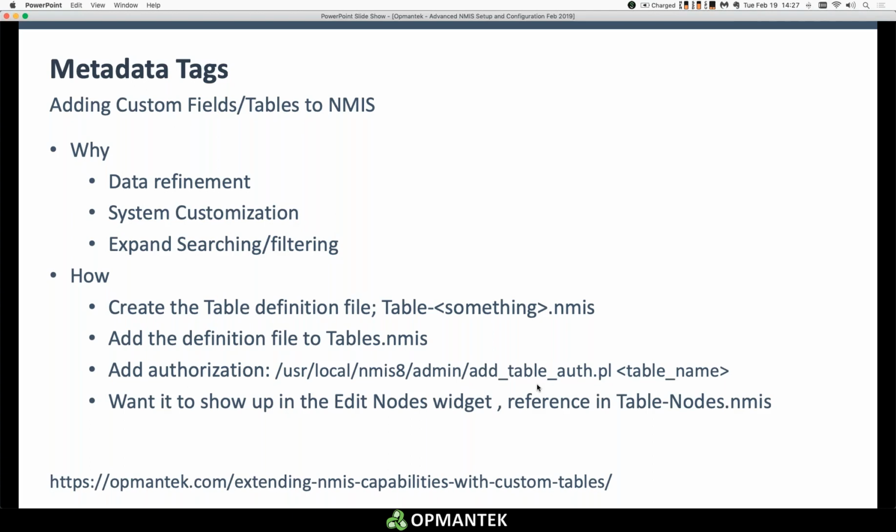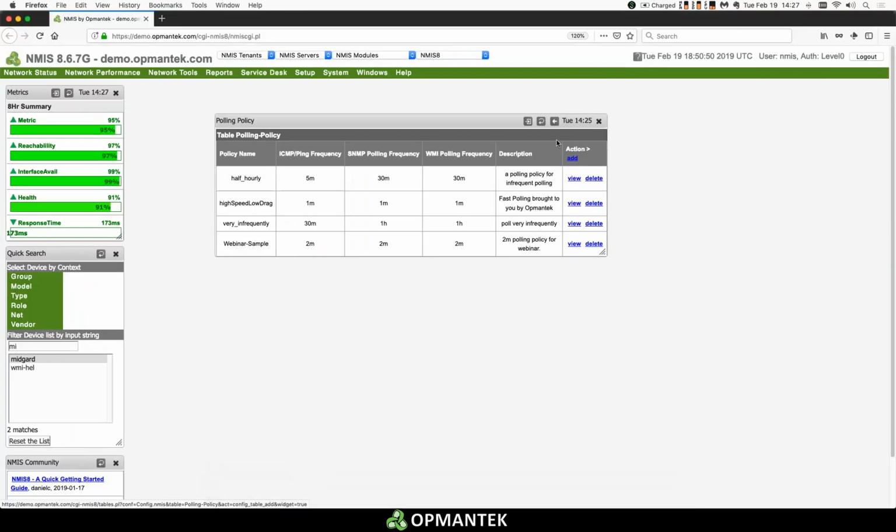Because at the end of the day, these are really tags that are assigned to devices to help define information or parameters, the metadata, about an individual device. And NMIS ships with dozens of them already pre-built in. So let's take a look at some of the